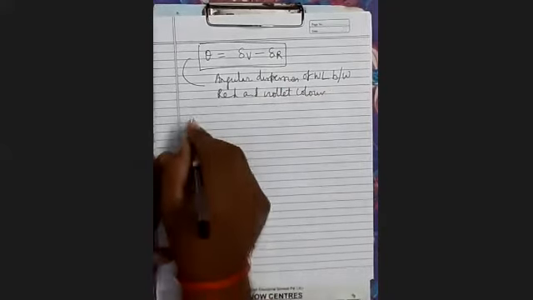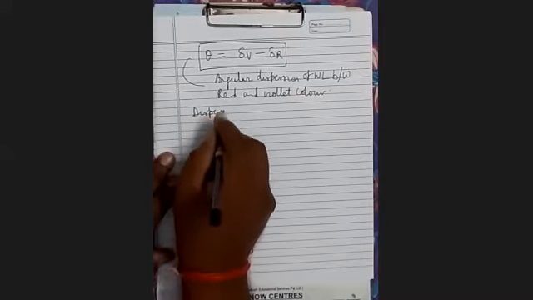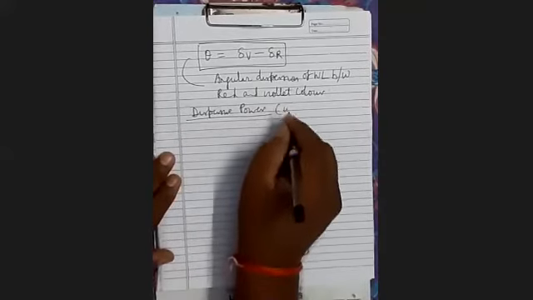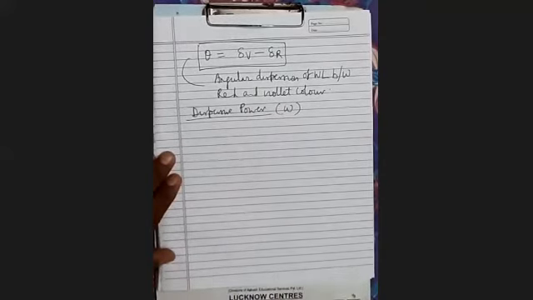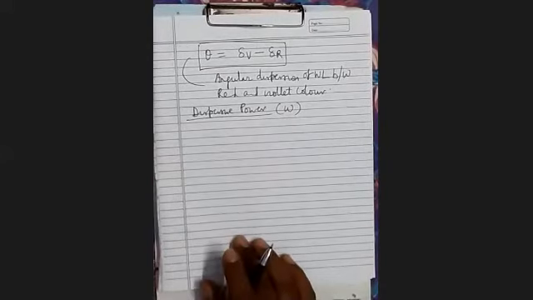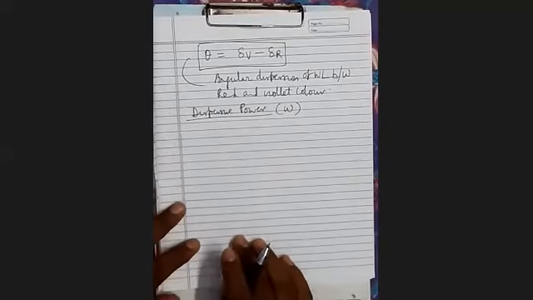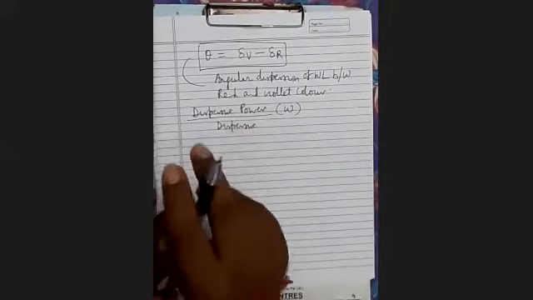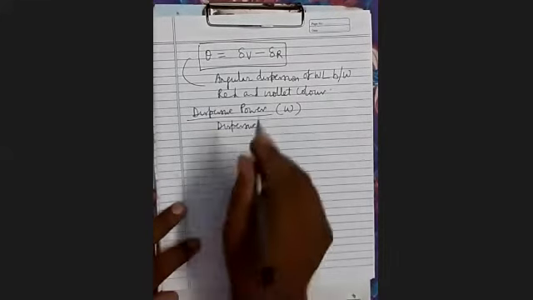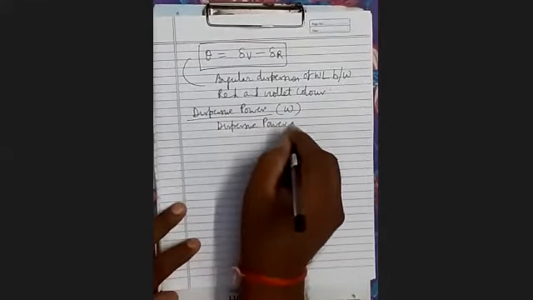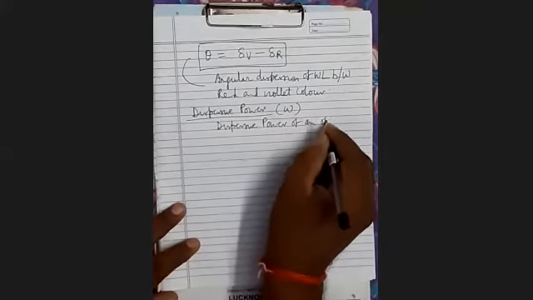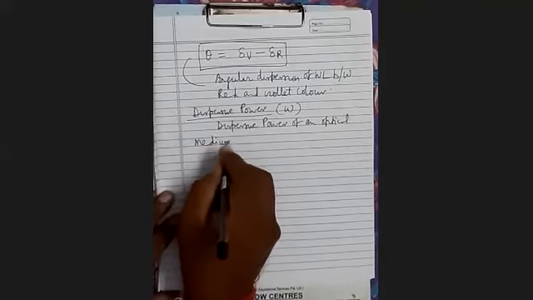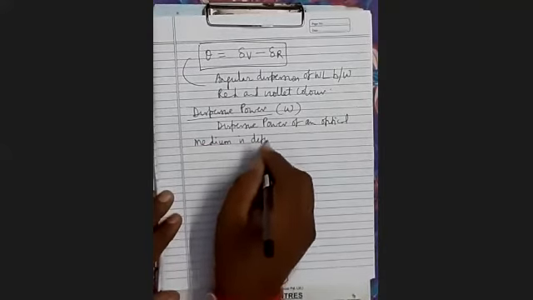Now there is a term, dispersive power, denoted by the symbol omega. So what is dispersive power? Dispersive power of an optical medium. Dispersive, meaning how much it can disperse. Dispersive power of an optical medium is defined as